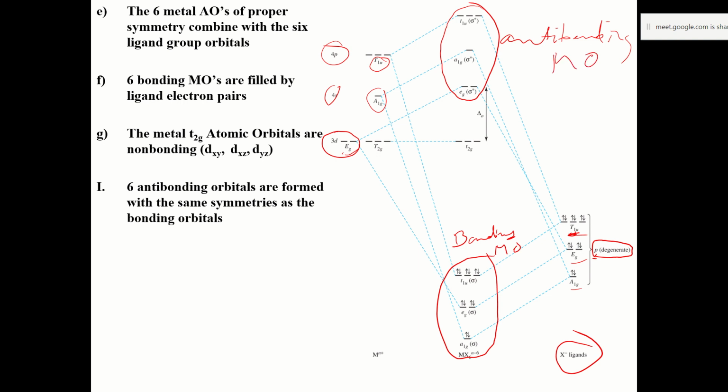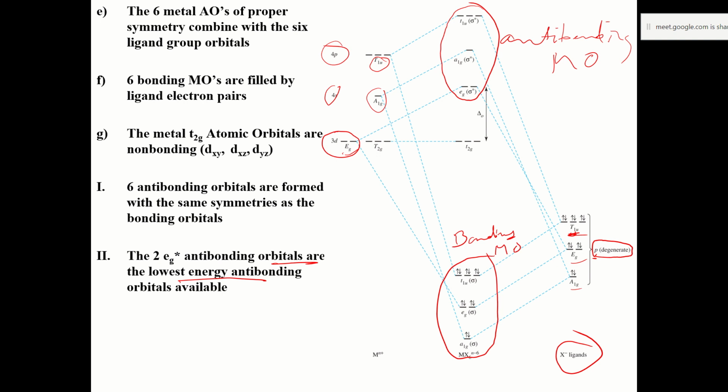So this is the thing. So 2 EG star orbitals, anti-bonding orbitals, are the lowest energy anti-bonding orbitals. So ये यहाँ पे ऐसे आएगा. और जब